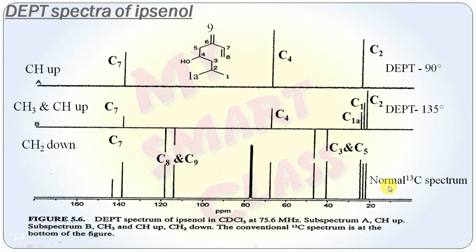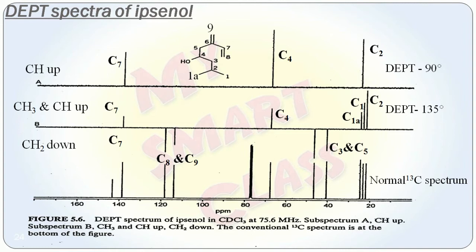Now let's again start. As we know, 13C NMR shows the signals of all carbons. All carbons are present. But in case of DEPT 90, only three signals are upward. That means, as we know, in DEPT 90 only CH is up. So here three signals are upward. Keep in mind that the position of the signals in normal 13C, DEPT 135 or DEPT 90 will be the same. The positions of these signals are always at the same place, slightly different but almost at the same place.